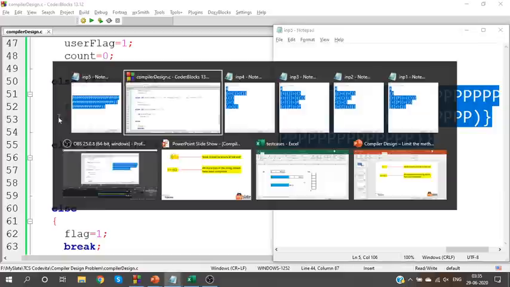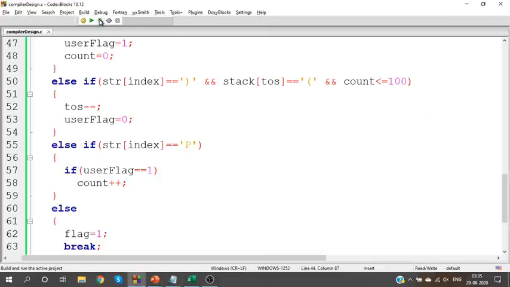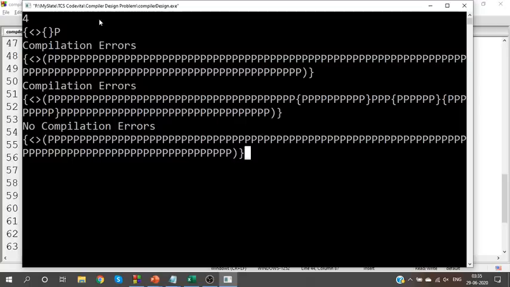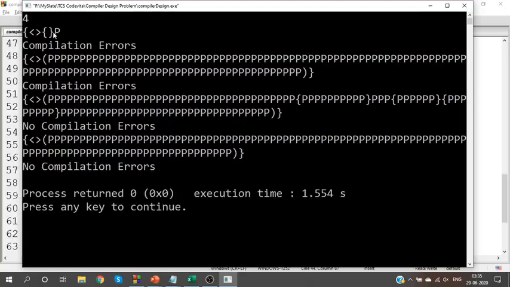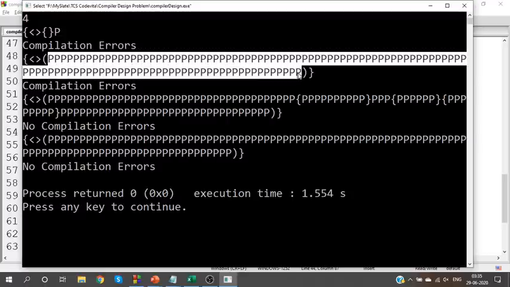Last test case, fifth test case. Yes, look at it. First one, the bracket is not balanced. I have an open bracket here, but I don't have a closed bracket. So compilation error. In the second case, I have given 110 instructions.